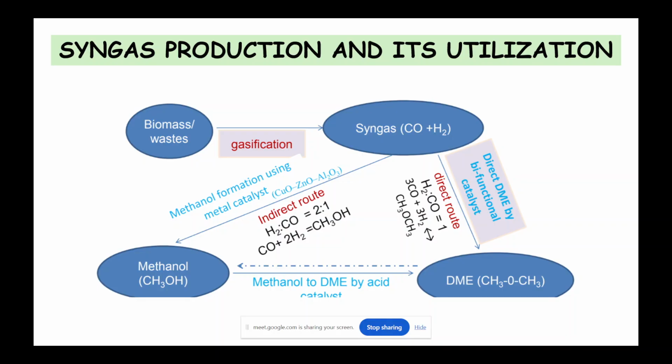So apart from this CuO, zinc oxide, aluminum oxide catalyst, you can also use other catalysts such as chromium zinc oxide or zirconium manganese metal oxides. However, one of the major problems, or limitations, of this process is that it's a low temperature but high pressure process. So you need to maintain high pressure in order for this transformation to happen.